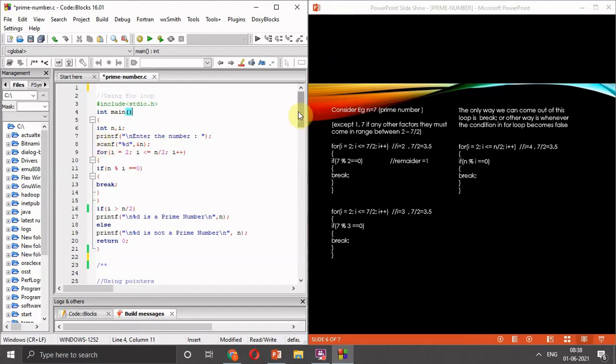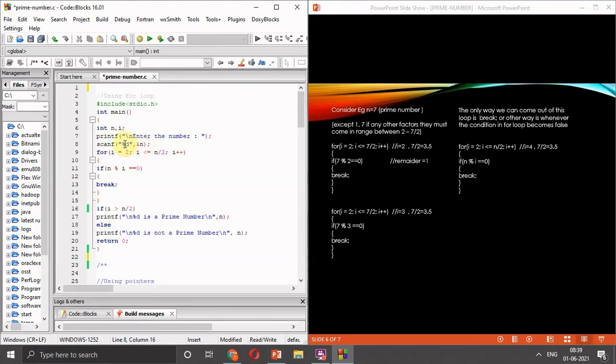Here we instruct the user to enter a number, which he wants to check whether it is prime or not, and we scan that number into the address of the integer variable n.